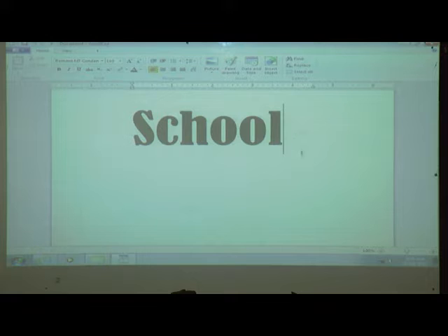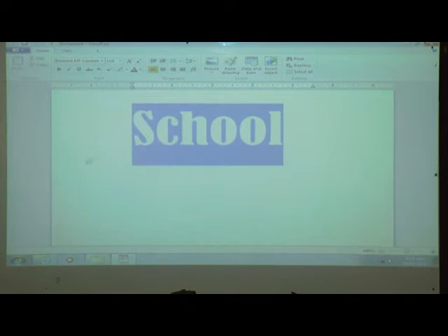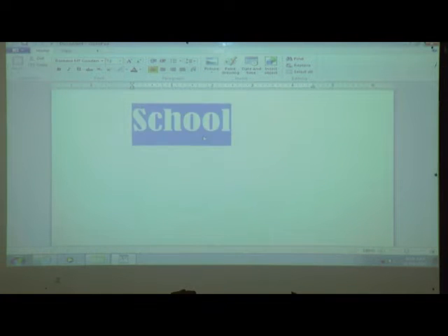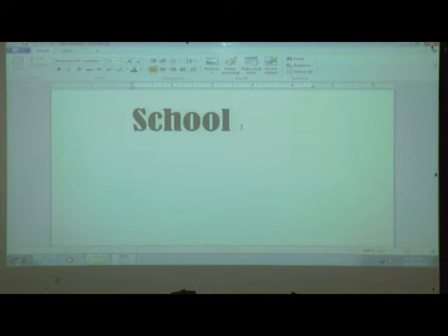But for each and everything we must select the text, and you tell me what is the use of this font size. Suppose if I select number 9, then you can see the changes, and if I select number 72, then also you can see the changes.